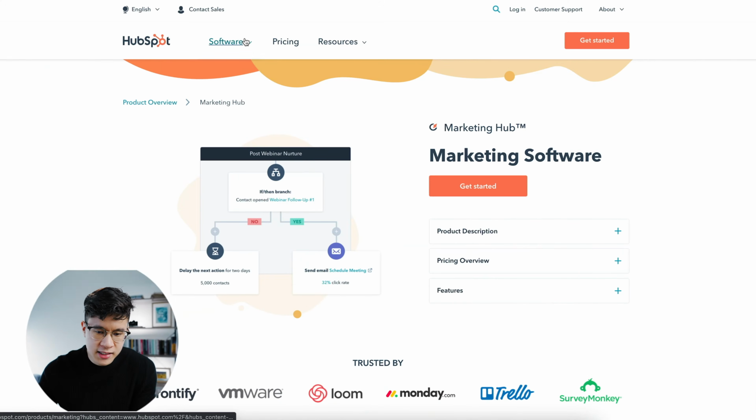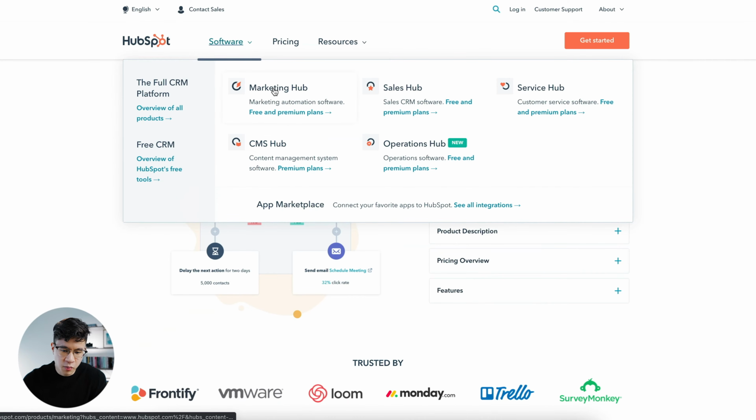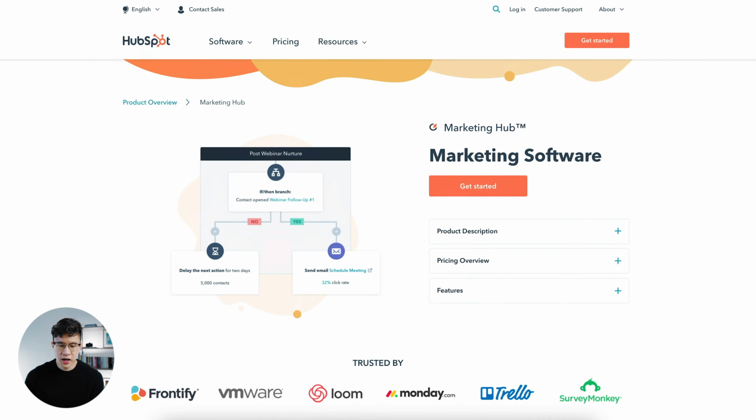So it's the exact same thing in B2B sales, right? For example, let's say you're selling HubSpot. If you're selling HubSpot, you can kind of see that they have many different software. They have marketing, sales, CMS, which is content management system, and they have operations, okay? If you don't know, they sell a lot of sales and marketing software for many different types of businesses, from small, medium to enterprise.